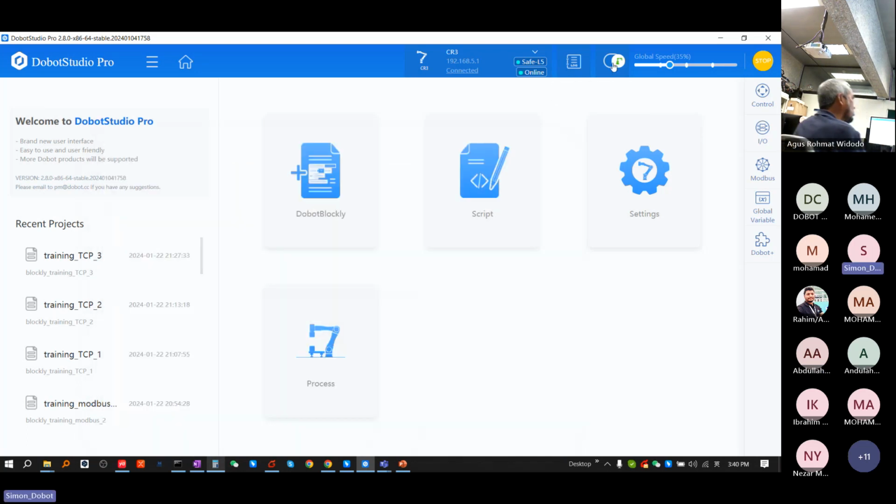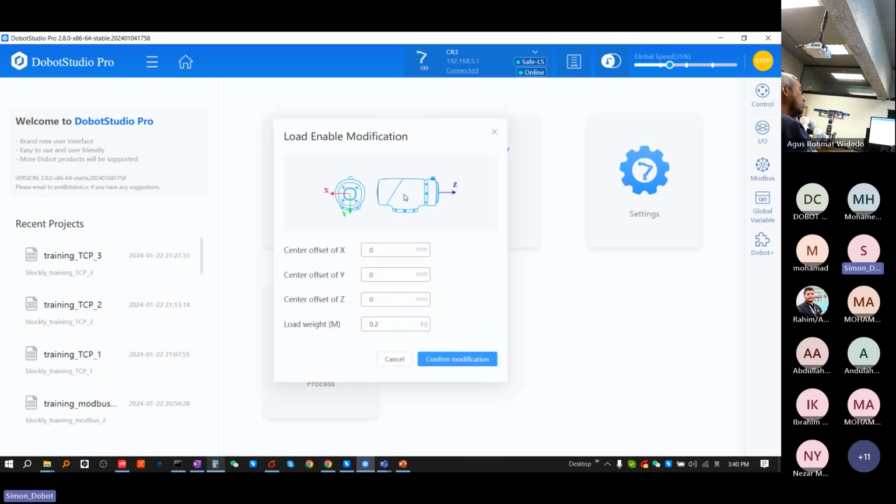And here to enable and disable the robot, as I introduced, once you want to run the program, you need to enable the robot. Enable means the brake is released and the motor is on. When you disable it, it means the brake is on and the motor is off. So when you click here to enable it,